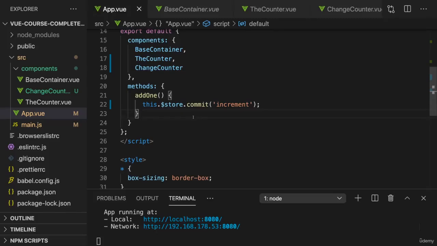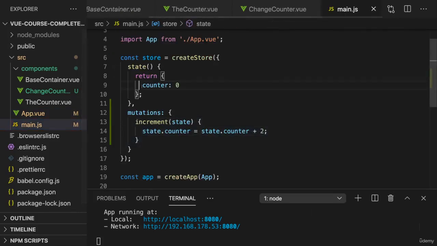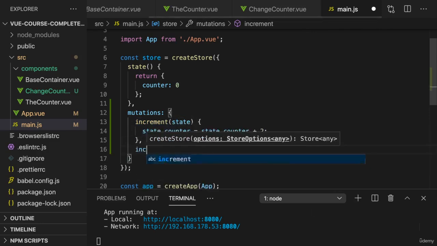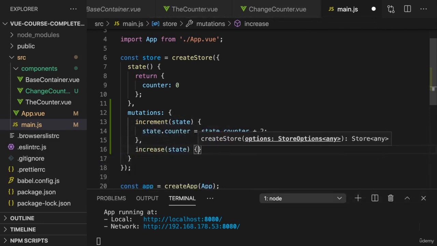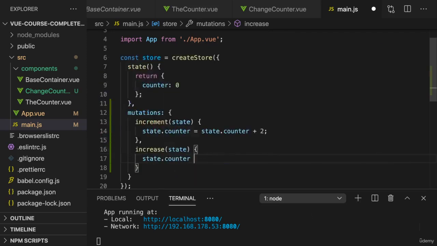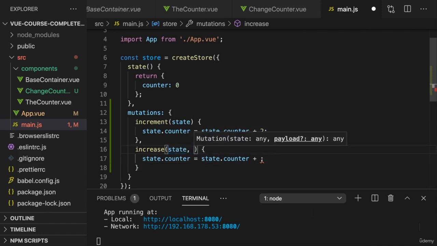Now, some mutations might require arguments. Here we got the increment mutation, and the value by which we increment this is hard-coded into this code. We could add an increase mutation, which also gets the state, and say that in here we also want to change the counter, but we actually want to increase it by a value which can be defined when this mutation is committed. And to also allow for this scenario, your mutations actually also take a second argument, a payload, so